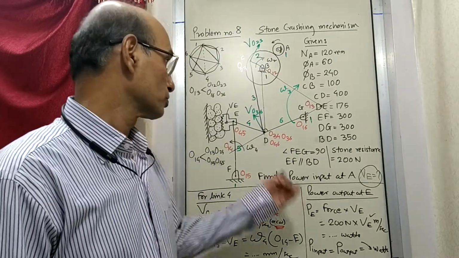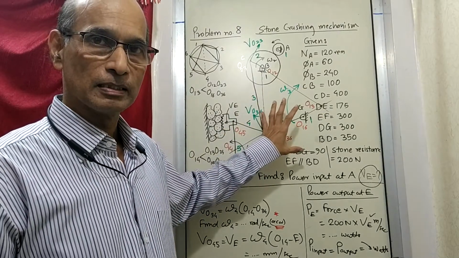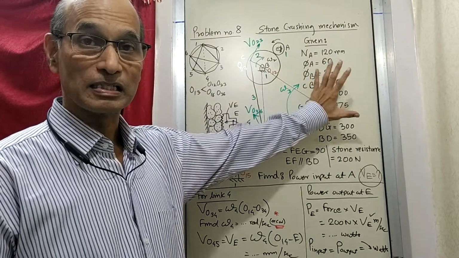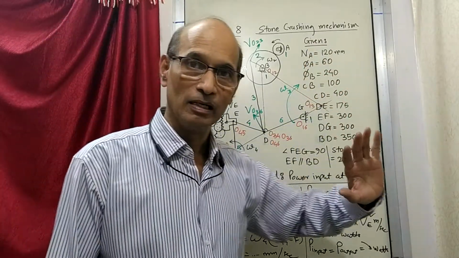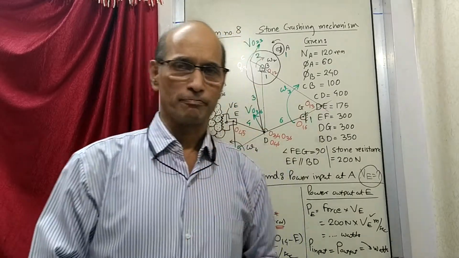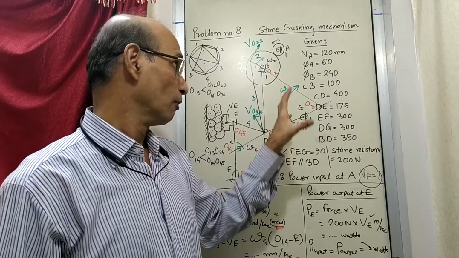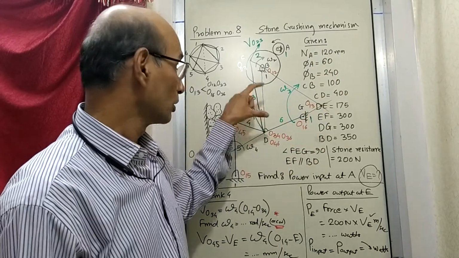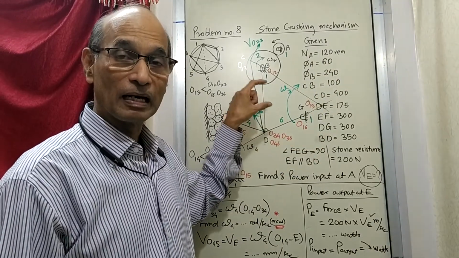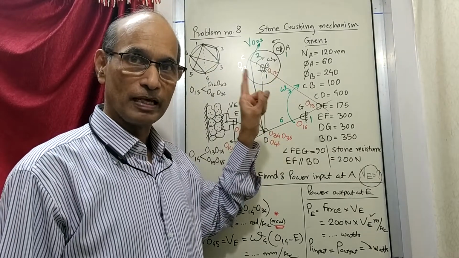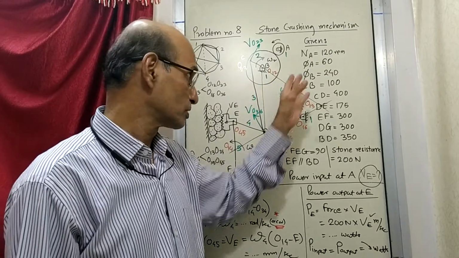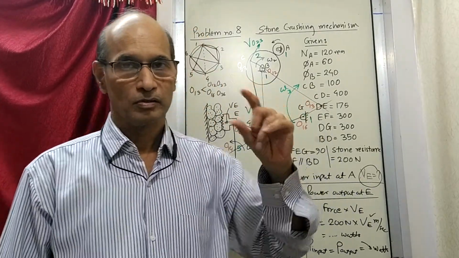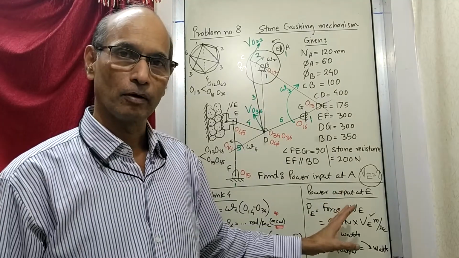So this problem you can solve by proper dimensions, and then you can get the answers. Now whenever the figures are of larger size, of course you are free to take a scale and draw them into a reasonable space. But that doesn't mean that the values are also to be reduced. Whatever is 300 or 600, you have drawn a line, maybe a smaller line, but that line is representing 600. So the distances will still continue to be what they are, although you have drawn them as 2 centimeters or 3 centimeters. So keep a note of that and work the entire problem the way it was discussed.